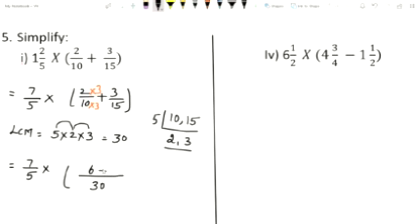Next, the plus sign, and see here the denominator is 15. 15 into 2 only, you will get 30. So in the numerator also you want to multiply. 3 twos are 6. So 7/5 into (6 plus 6, you get 12) divided by 30.